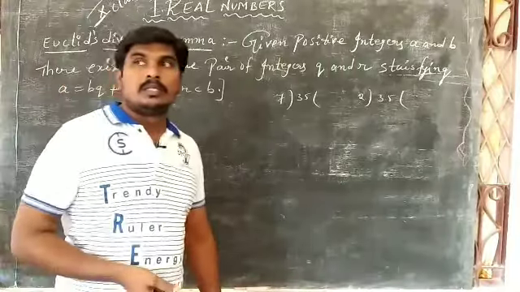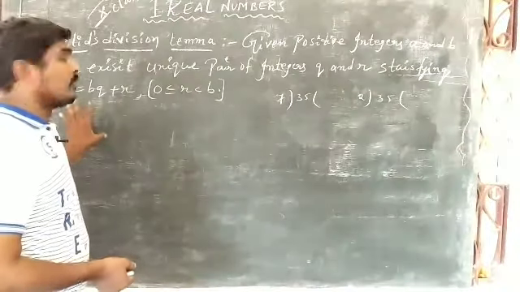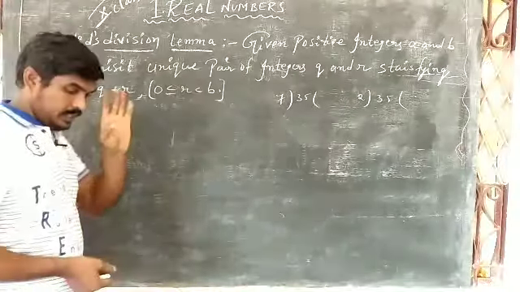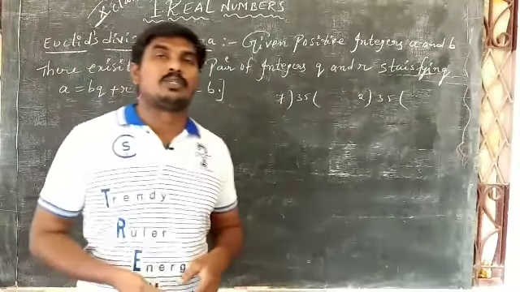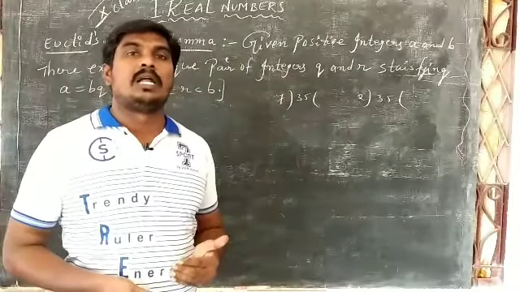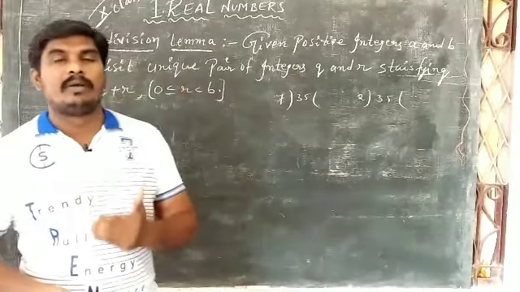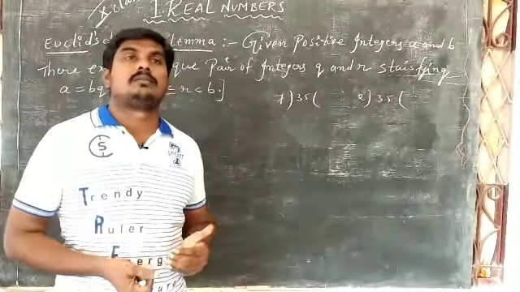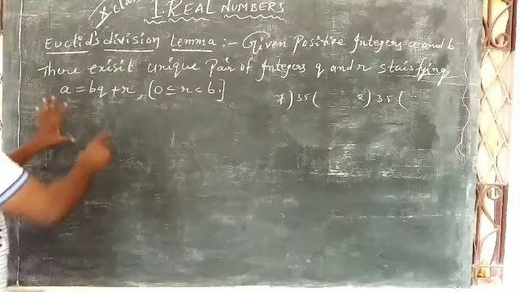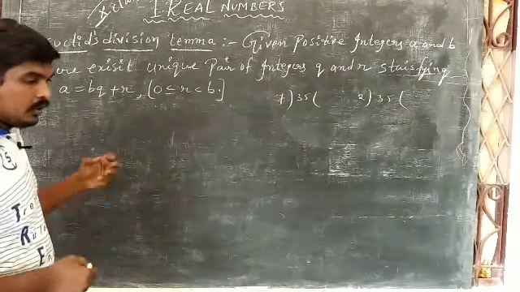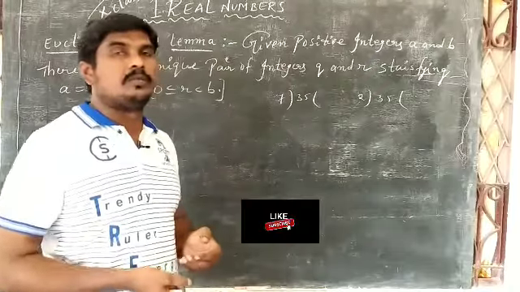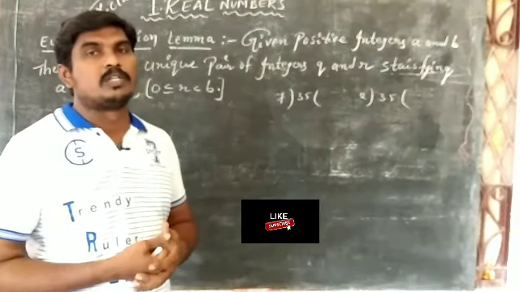Okay. This rule you already know very well. In the lower classes you have studied about this rule. That is the division algorithm rule. You know, dividend is equal to divisor into quotient plus remainder. So like that rule only, this one also, right? So how to use this rule? That also we will discuss by using some examples.